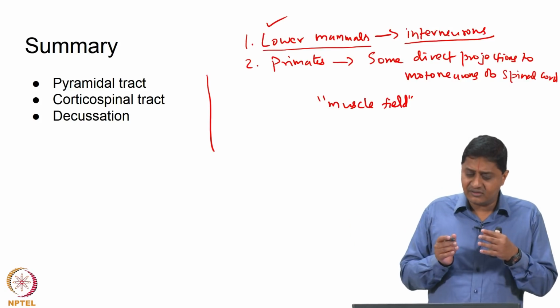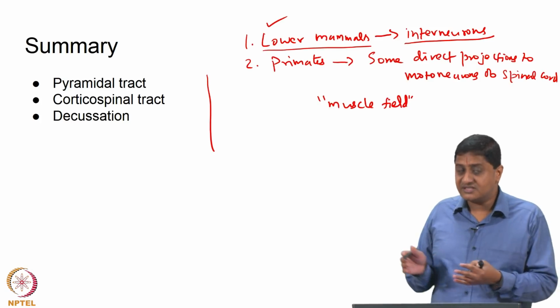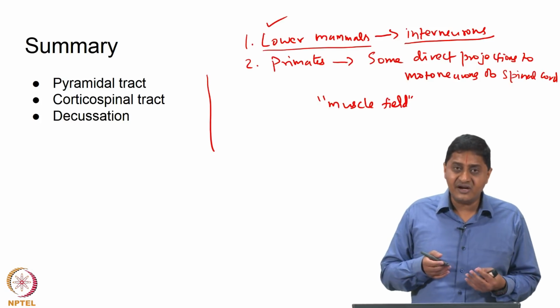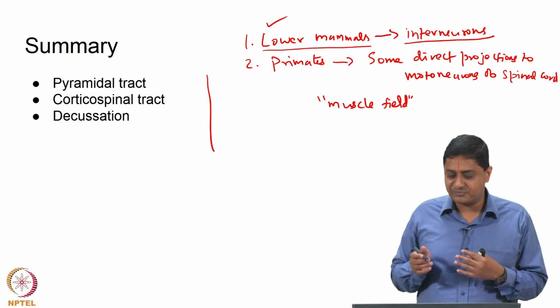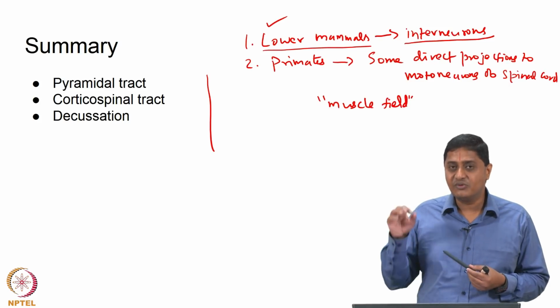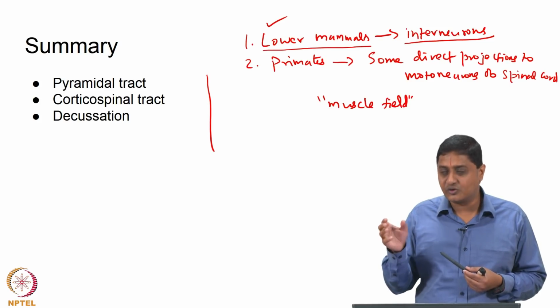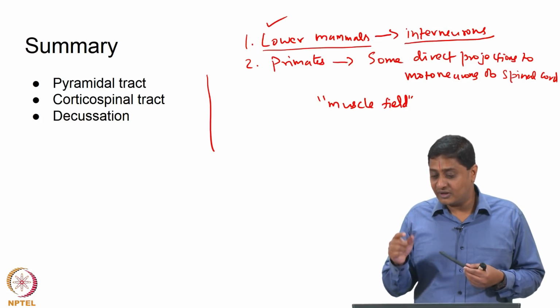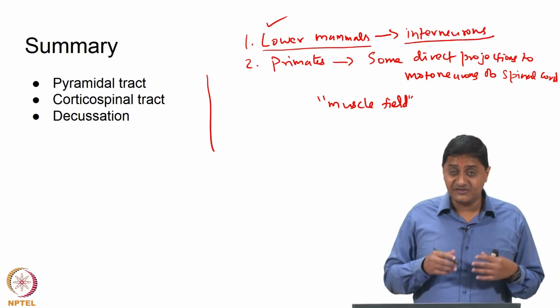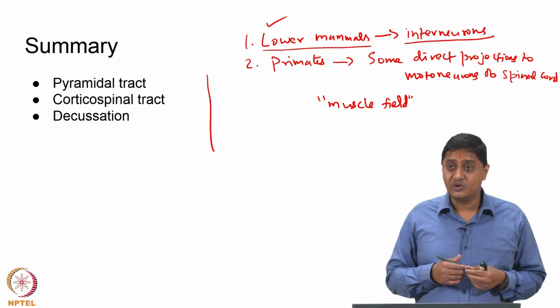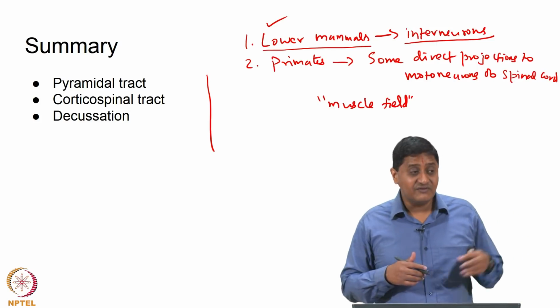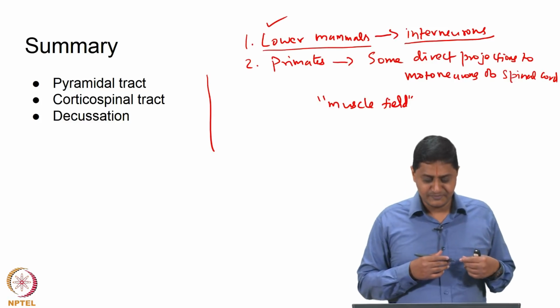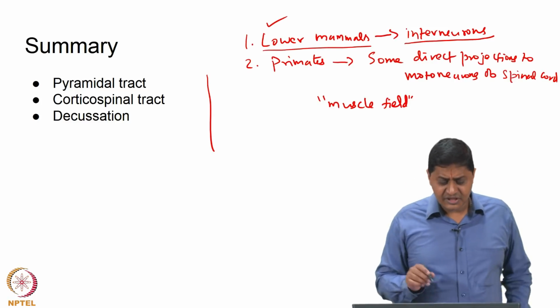The point is that with one advantage, there is also a disadvantage. The advantage that comes with direct corticospinal projections is that you are able to get fine control and more dexterity, but that also means that if that area or this tract is somehow compromised, you are going to have a more devastating effect when compared with the lower animals. So, we will stop this discussion here.